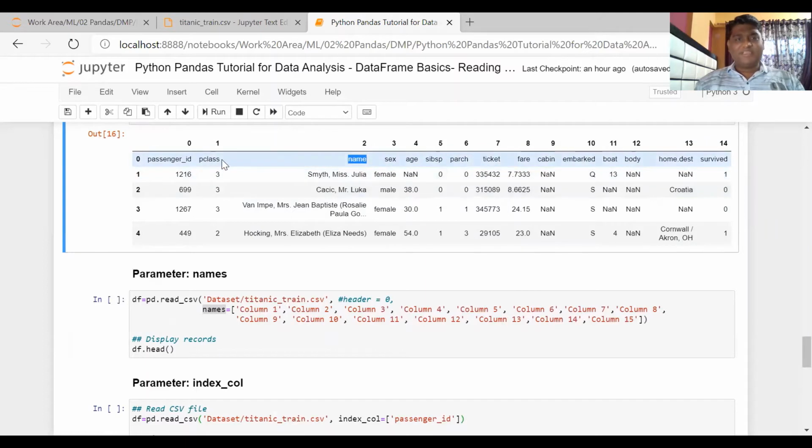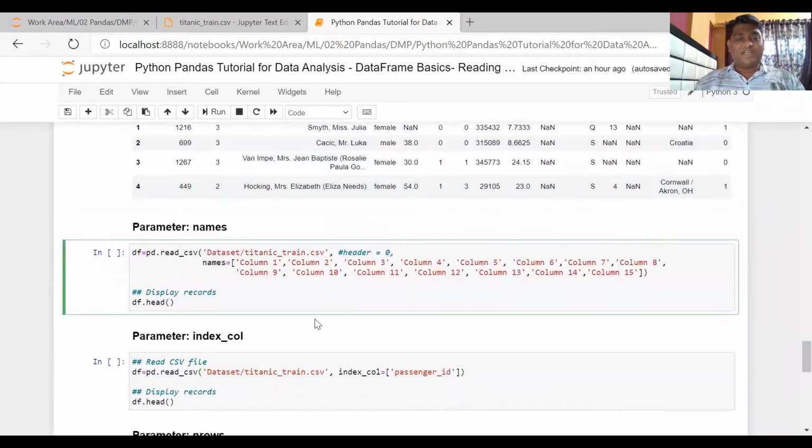For example, name you can change to customer name. P class you can change to passenger class. Home.dest, you can clearly write destination as a column name. Survived, you can say target as a column name. All these things you can do.